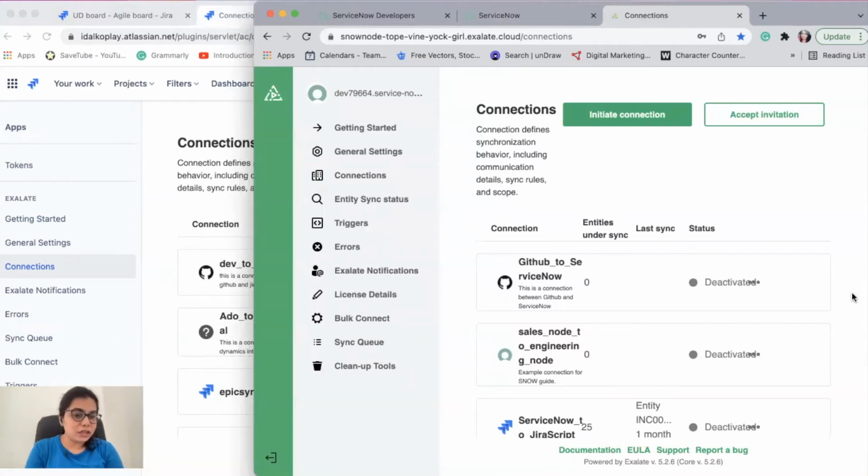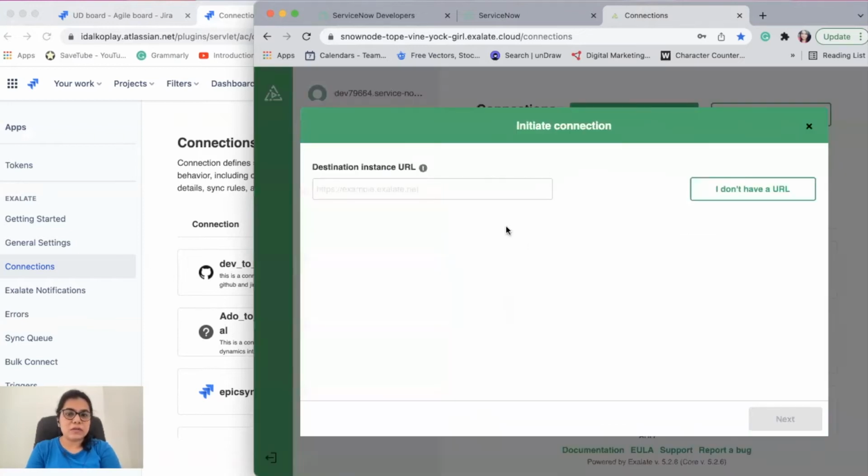One side initiates the connection and the other side accepts the invitation. So in our case, let us start by initiating it from the ServiceNow side. But like I said, you can also initiate it from the Jira side because the interface is not very different. So I click on initiate connection from here.